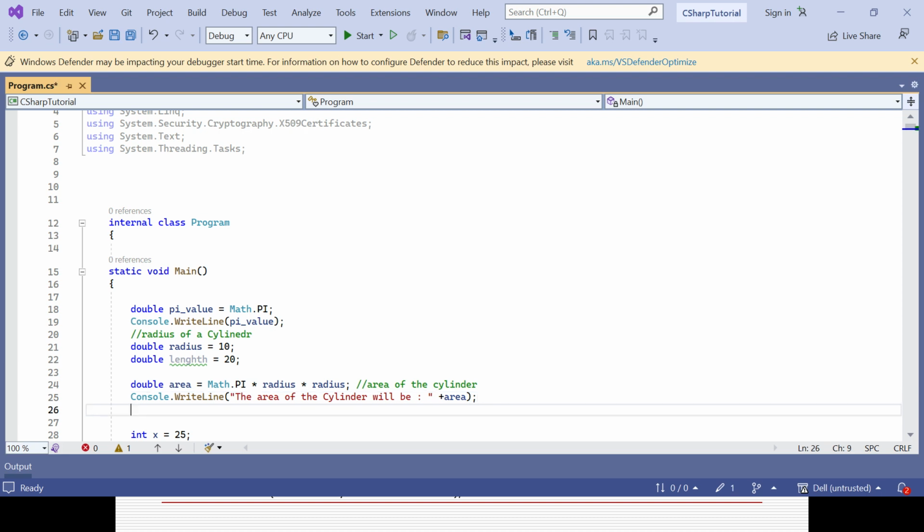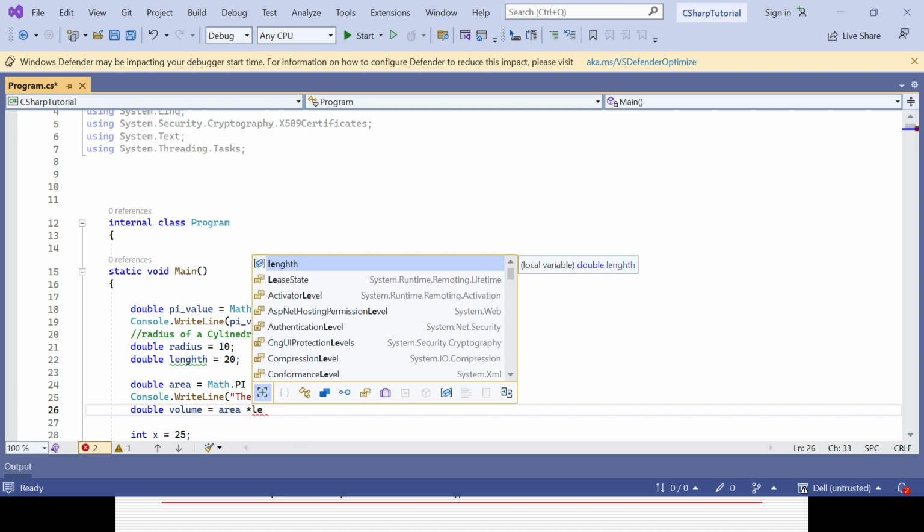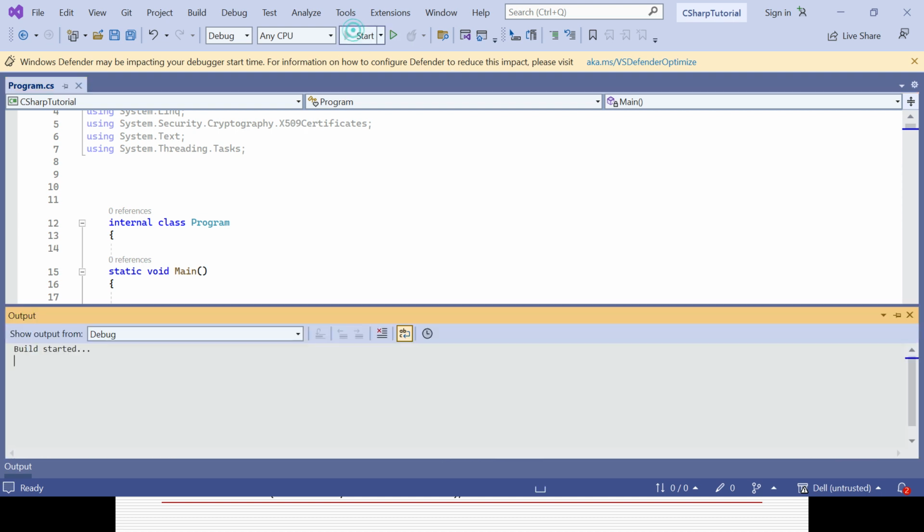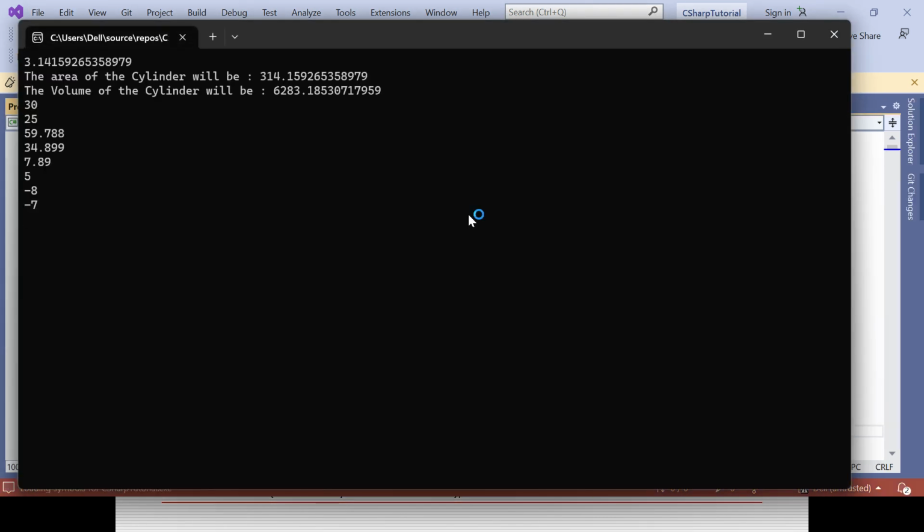Then you can get the volume, right? So I can again create a double variable volume here. Volume of the cylinder equal to, what is the volume here? Area multiplied by length, right? So that is the way I can get the volume. Now if you print out the volume of the cylinder, here the volume of the cylinder will be your volume variable. So that is the way you can calculate the area or the volume